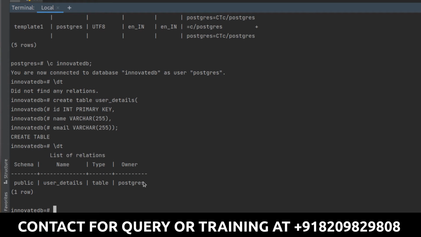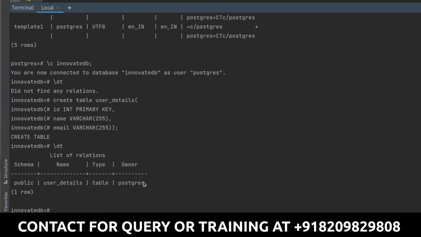Now currently what I have done is simply created a table, and that table contains a few fields which I have created just right now. After that, the next thing is I want to add some more data, because currently if I try to check what data I have inside this table, or let's say inside this relation, then I will not get anything, just because I haven't stored anything in it, right? So this is what exactly I have done right now.